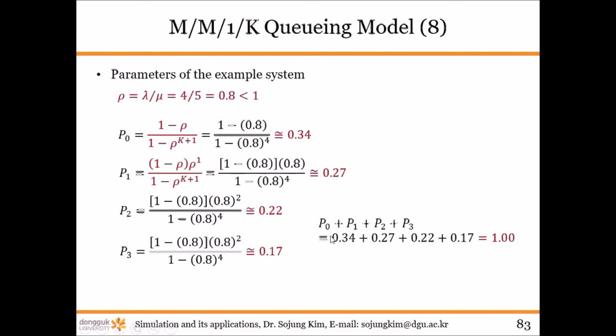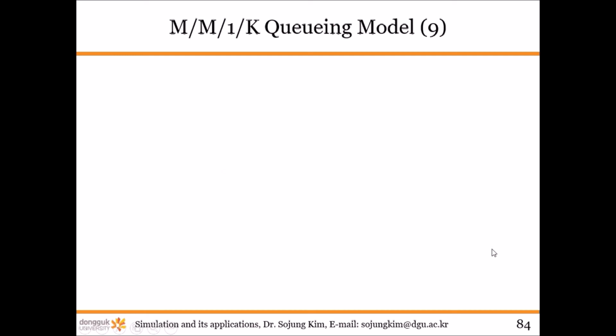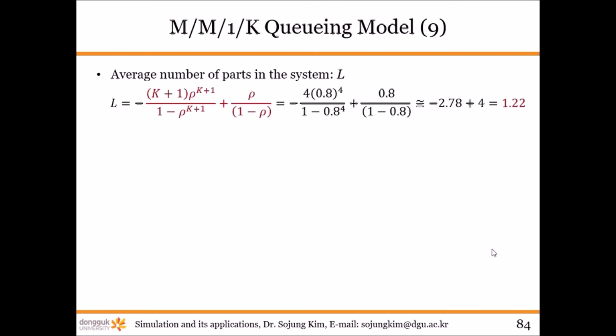Okay, and as we know, if you add all four probabilities, you will get 1, right? So now we know that this also meets the definition of the probability, right? So let's calculate the value of L using this equation. It looks very complex, but you can put the values here. All parameters are already given by the problem, so if you utilize those parameters,